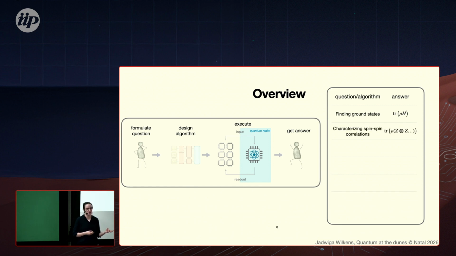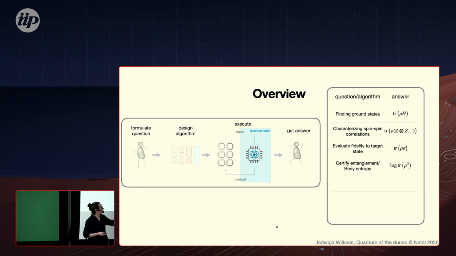Then, maybe more physics related, we can look at spin-spin correlation in a spin chain or a 2D spin plane, and look at how my system evolves under a certain magnetic field or some interactions between my spins, also an expectation value. It can also be interesting to look at how close two quantum states are to each other, for quantum system verification maybe. This is the equation if we have 2 pure states. This is the quantum state fidelity. Also something where we have to measure many times in this kind of protocol that I will introduce.